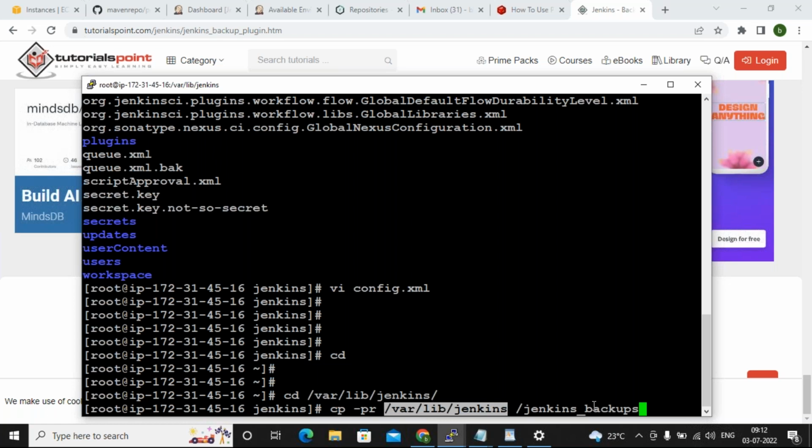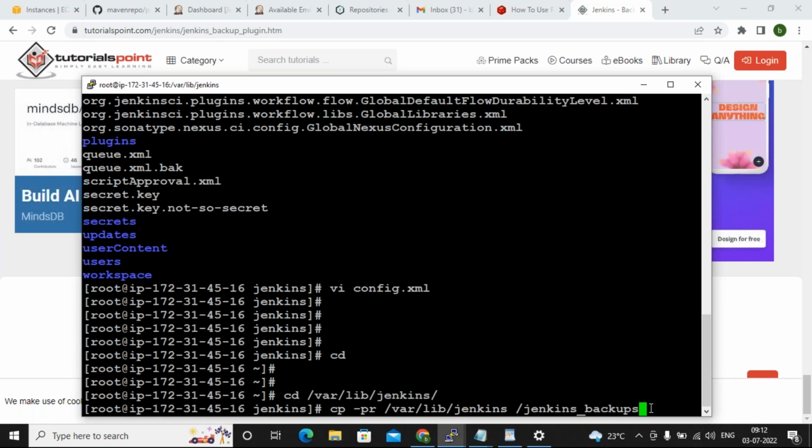I will copy this folder here into Jenkins backup. Okay? For that we need to attach one more hard disk. Yes, obviously. So you will copy your Jenkins folder into this backup folder daily with some date.